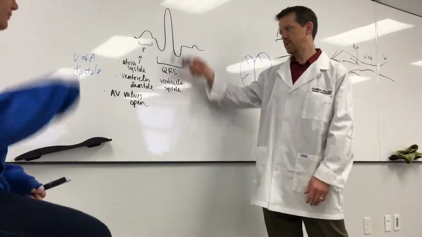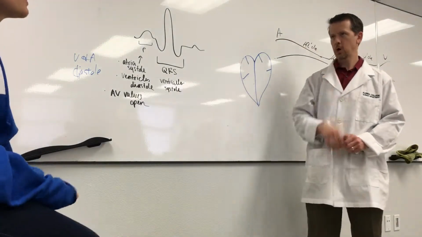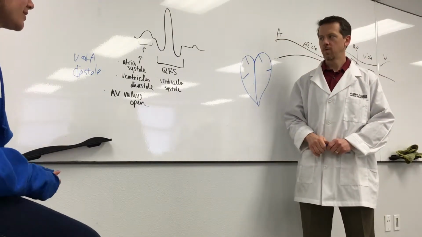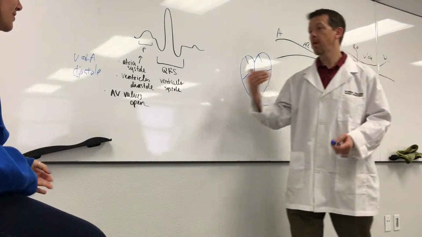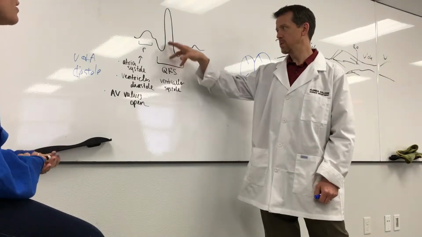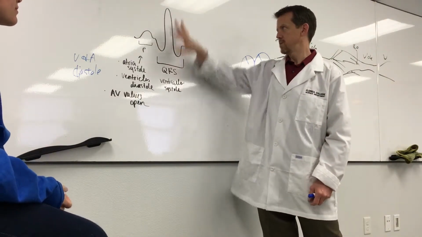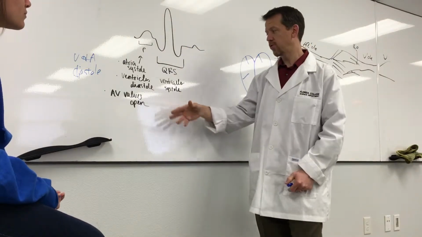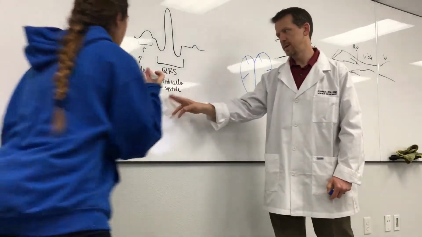Also, during the QRS wave, what's happening to the atria? The atria would be in systole. I mean diastole. Right. So the atria is repolarizing. You don't see it. You can see a little bump, if all this wasn't in the way. This masks it, right? So the atria start diastole right there.